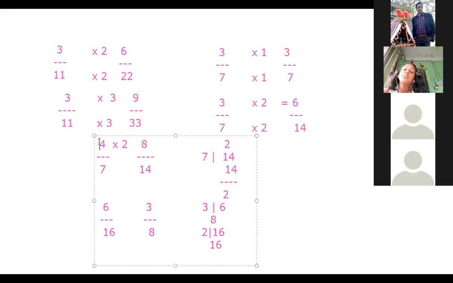In the case here, what is there? 4 by 7 is written. And this one is written how much? Dash by 14. So the numerator is bigger, the denominator is bigger than this denominator. That means the unknown denominator is bigger. In that case we have to multiply. But here the unknown numerator is smaller than the known numerator. In that case we have to divide. Let's move on.